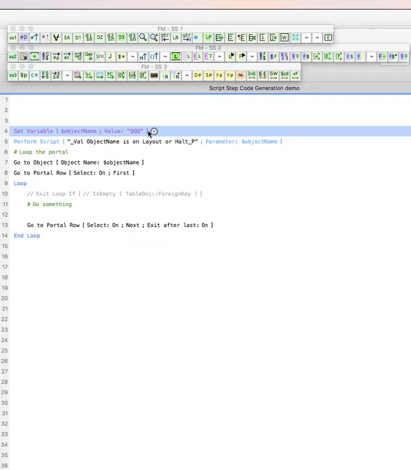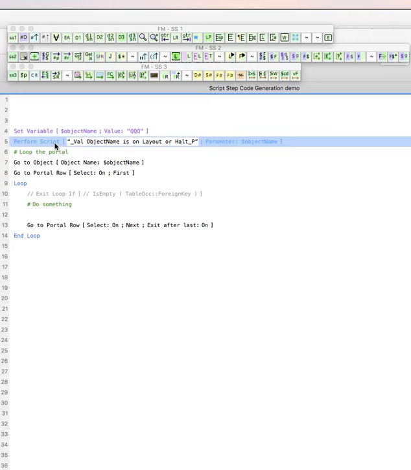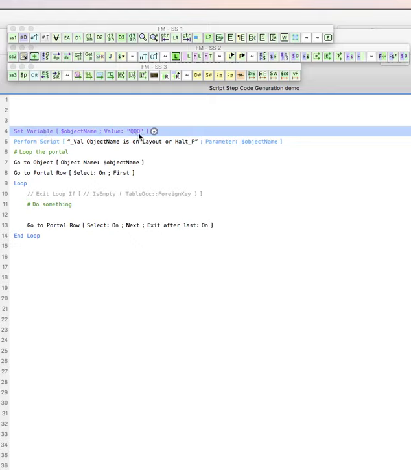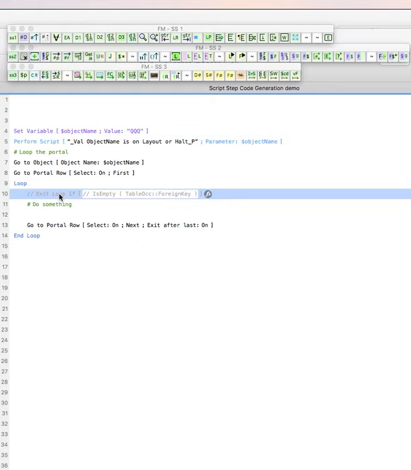So we do a little thing where we pass the object name into a subscript, which is a separate video. And I'll tell you, the subscript checks for the existence of that object name on that layout. And if it doesn't find it, it halts. It fails early and says, oh, wait, somebody moved something. So line 4, we've got to go back and add the object name. Line 10,